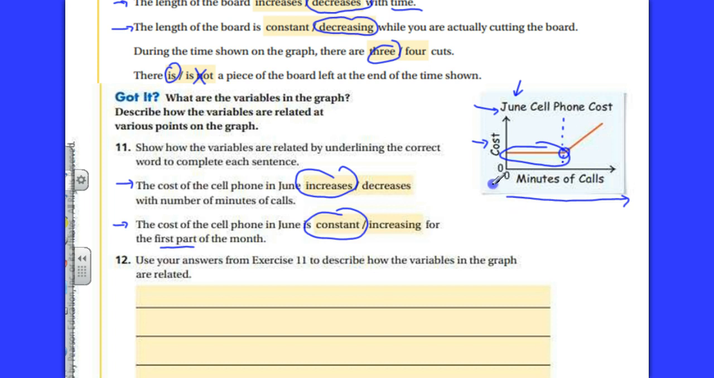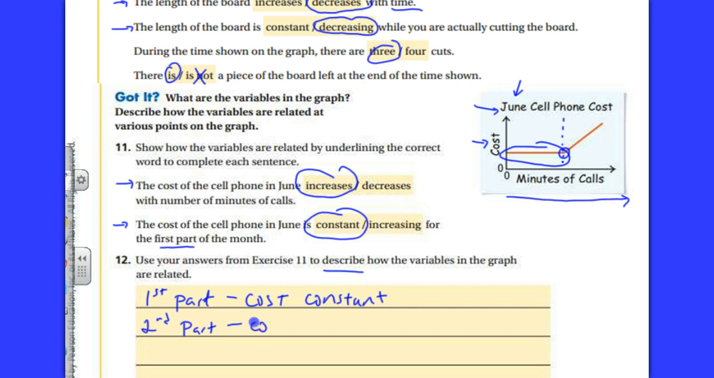So that takes us to number 12, and it says, describe how the variables in the graph are related. So you might say, you would tell the story here. Well, the first part of the month, okay, the cost is constant. Now you could have something slightly different as you describe it as long as it's accurate, but that's the main idea. They have a constant cost at the beginning of the month, and then the second part of the month,